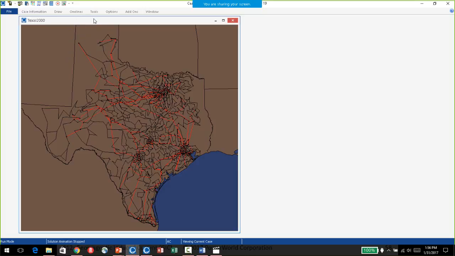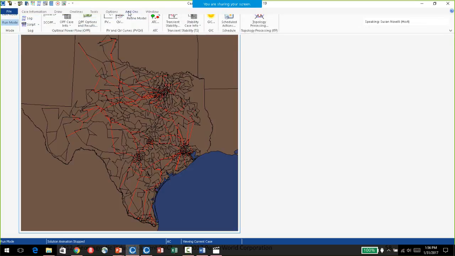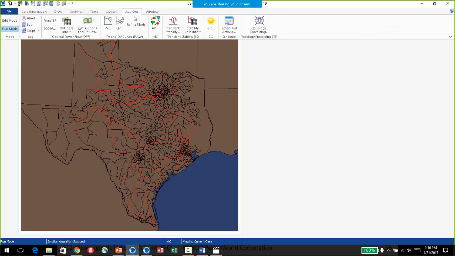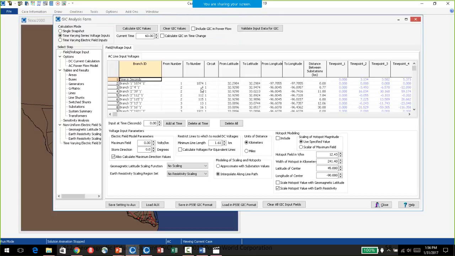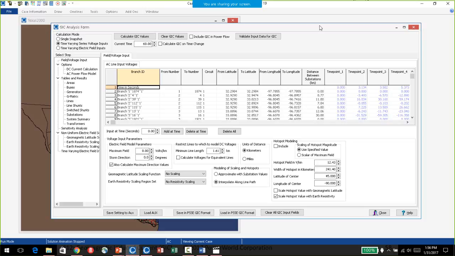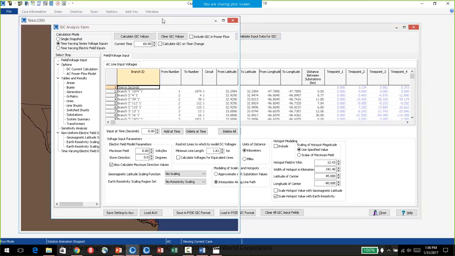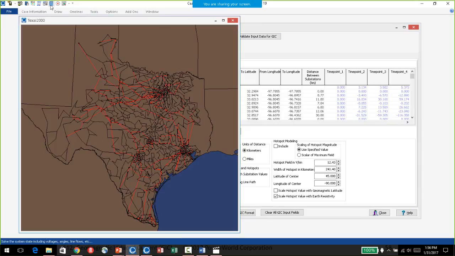So here's the Texas 2000 right here, and if I go to add-ons, GIC. There was a question earlier asked about using difference flows to look at voltages. That's something that we can do in this example, and it actually is pretty interesting to see.